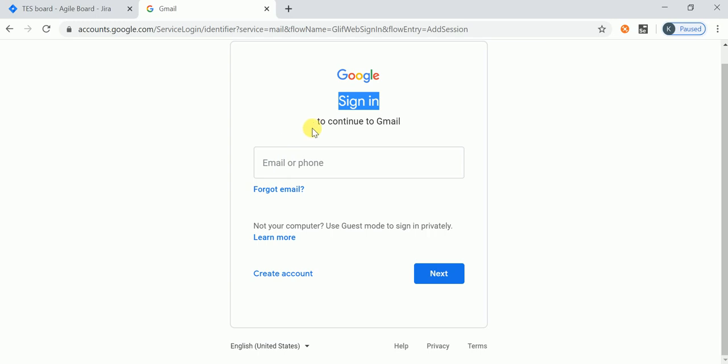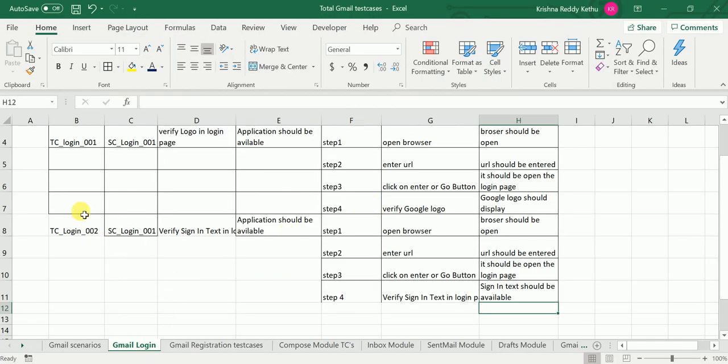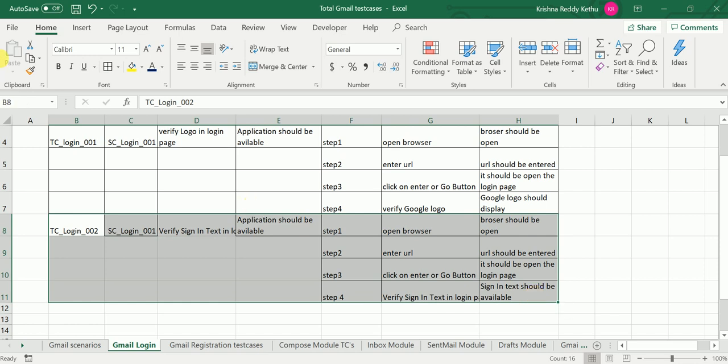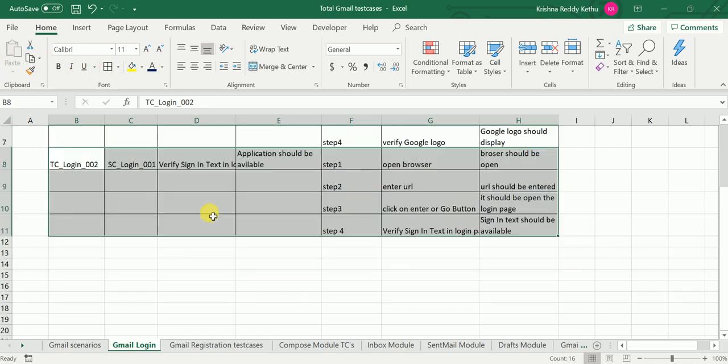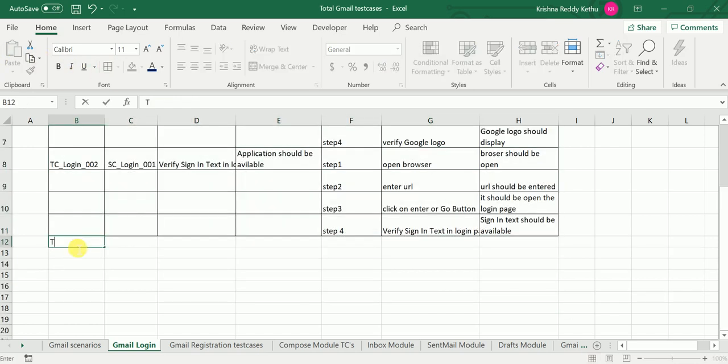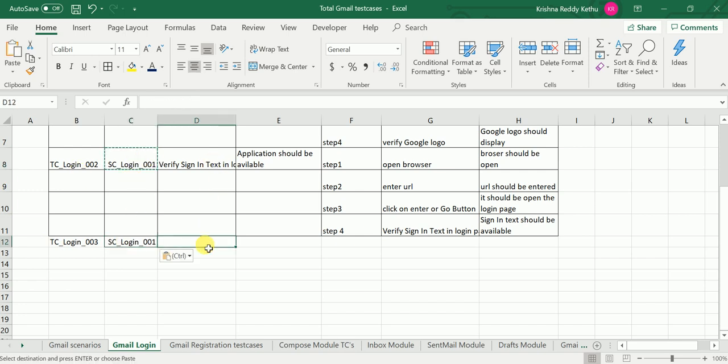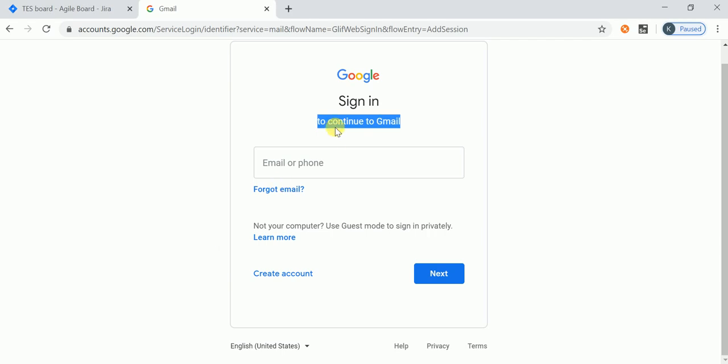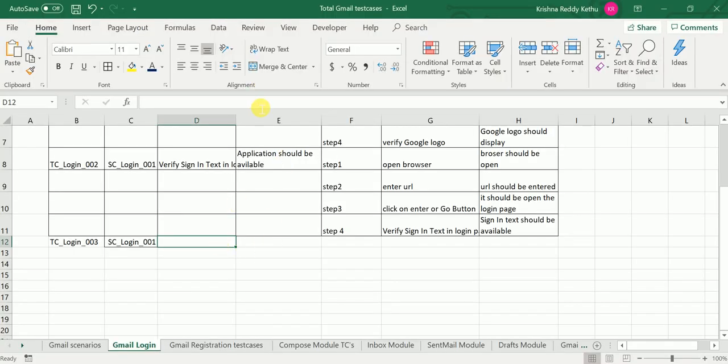Next, third test case: to continue to Gmail text needs to be available. So how are we going to do that? What is my test case ID? TC underscore login underscore 003. This is my scenario. What text do we need to verify? To continue to Gmail text we need to verify.